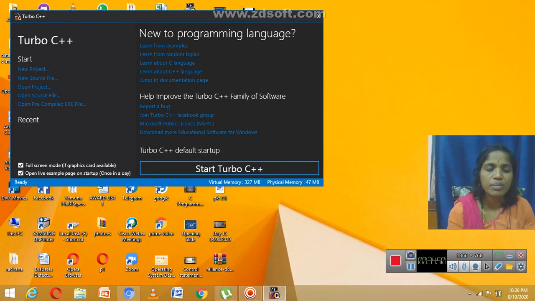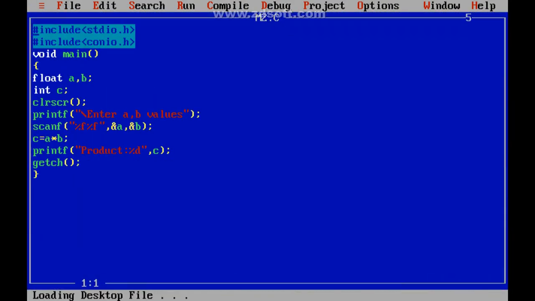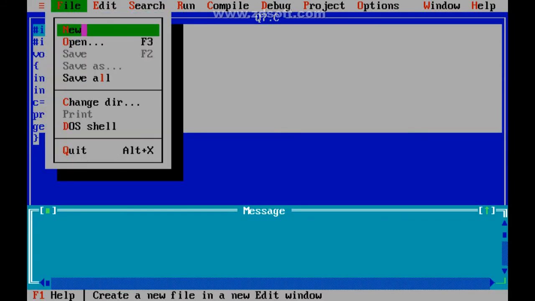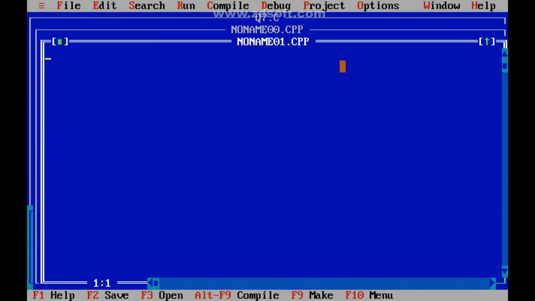So let's go with Turbo C++. #include <stdio.h>, #include <conio.h>, void main, int n[10], i.